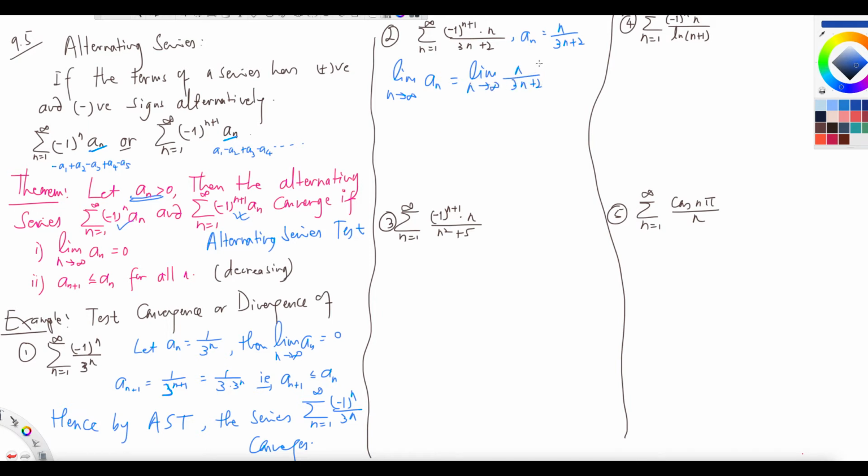Do you see that? Now if you take n tends to infinity, what happens? You get infinity over infinity, right? You can use L'Hopital's rule. If you use L'Hopital's rule, you will get 1 over 3, which is not 0, right? Then by the divergence test,